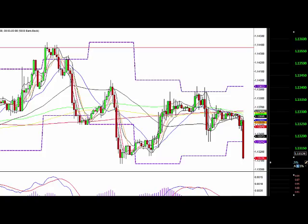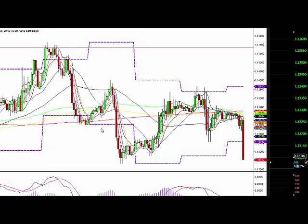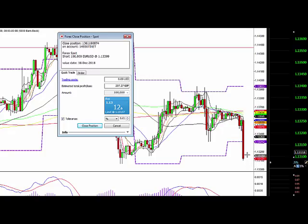So let's actually bring that ticket up. And on this one, I will actually just put a limit order in, because of the speed that it's moving at the moment, just in case it goes there quick, 113.06. So we're at 113.10 now. Now what could happen is, if this banks my profit, if it gets down there, I've put the limit order in. Let's bring up the ticket just in case it just goes. If it does just come down and hit that profit target there,